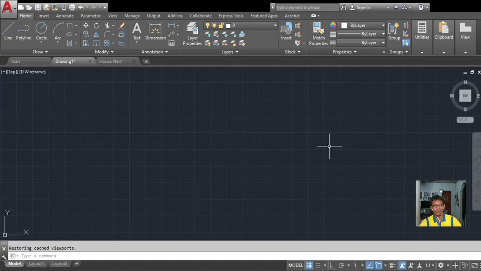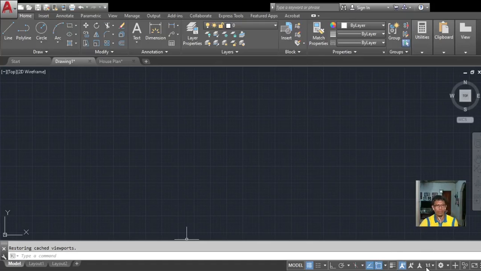Another part of your AutoCAD working environment is the status bar. It displays the coordinate location of your crosshair, and the current settings, grid, snaps, and other aids. We have here the different drawing aids, and we have the different annotation scale of the current view.